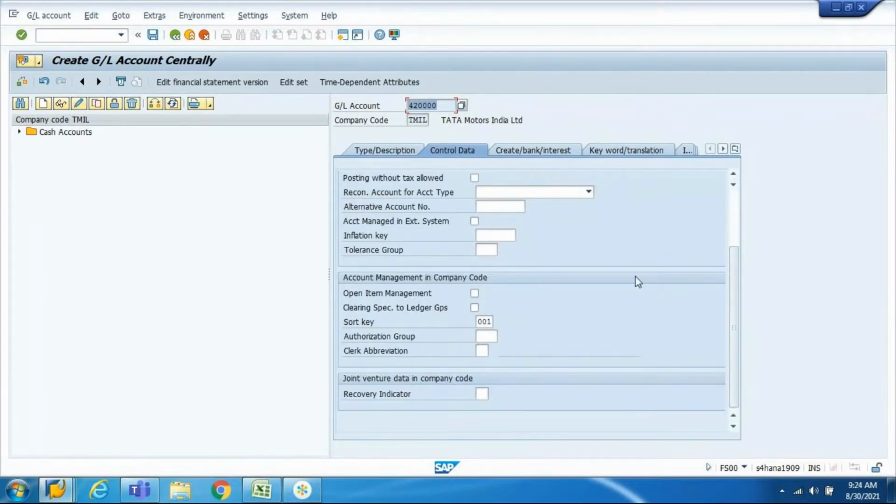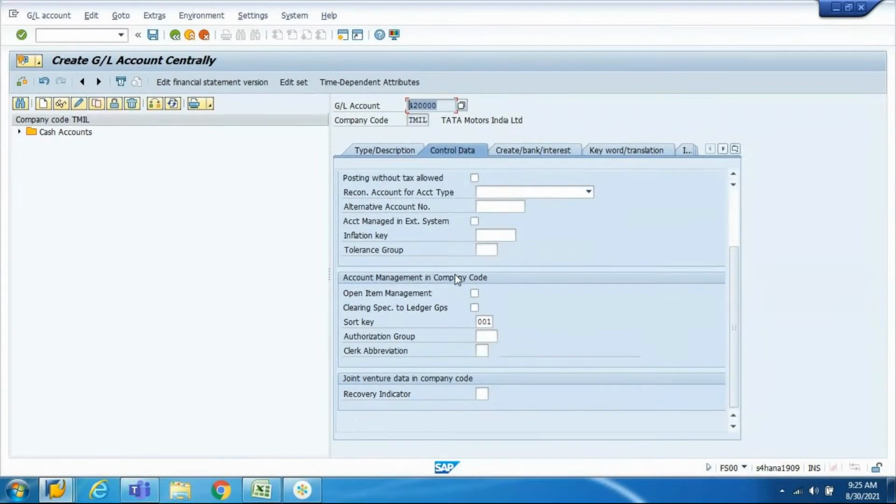If anybody can tell me, one field is disappearing from ECC to HANA. What is that field in this category? There is a tick mark that we put for all the GL accounts in ECC, which is not there in S4 HANA. Yes, the line item display. Line item display is missing in the S4 HANA system.